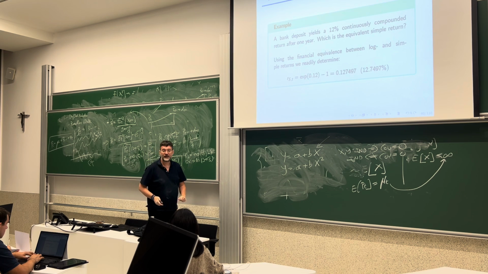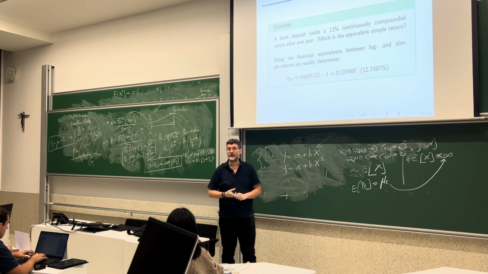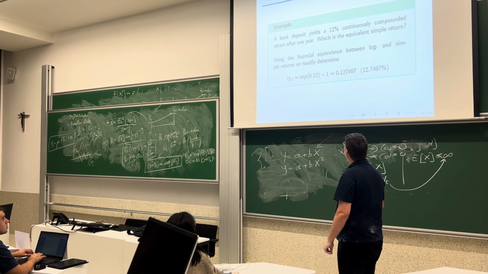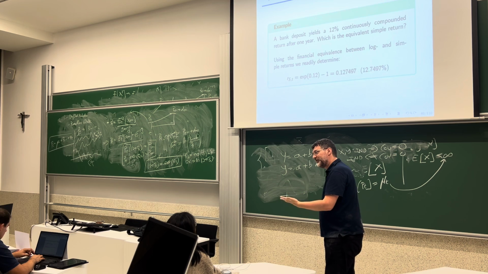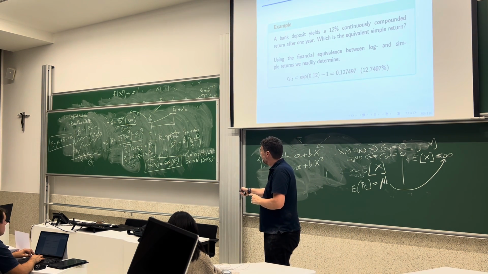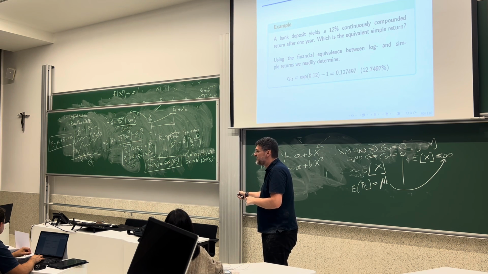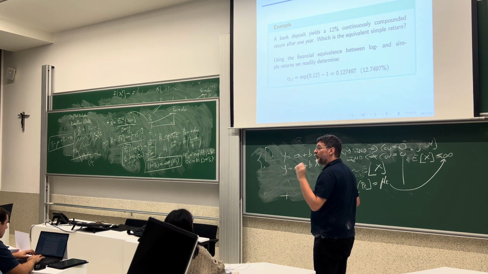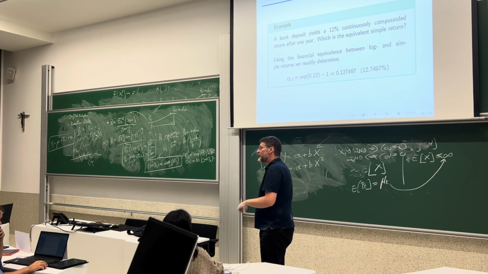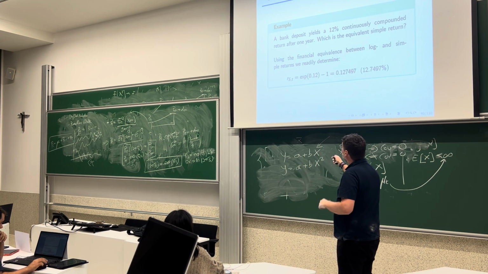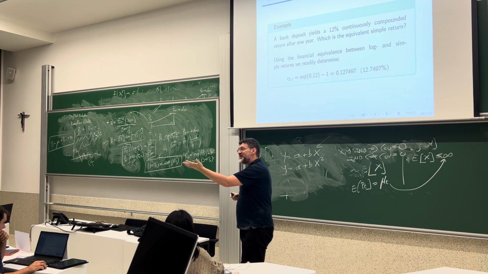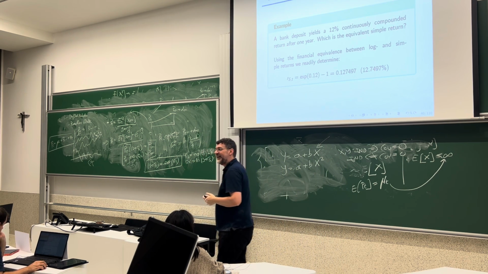Just to give you an example of the financial equivalence and why it's important to make clear the units, because it's not the same. Keep in mind that we have a bank deposit that is 12%. Now, 12% what? 12% according to the simple compounding, or 12% according to the exponential or log compounding. I keep telling you, 12% continuously compounding, 12% log return. So the question will be, what is the financial equivalent to a 12% log return, which is the amount that you will naturally see in the context of the Black-Scholes models and in the derivative context.